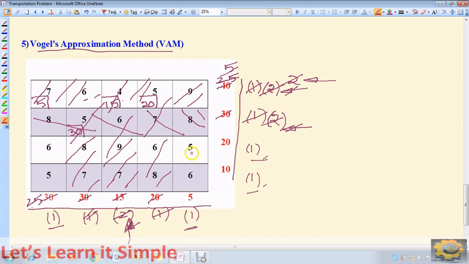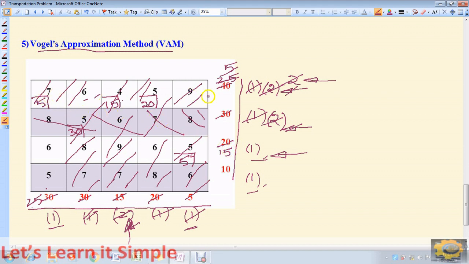But I am getting two least costs, either in this place or in this place, which means either I can select this one to satisfy this, or this one to satisfy this. If I am selecting here, I can justify this is my selection or this is my selection. So here there is no rule to break the tie. So let me arbitrarily choose this. So least cost is 5, which means I can allocate here. So minimum is 5, can be done, and vanishes, and it will become 15 now.